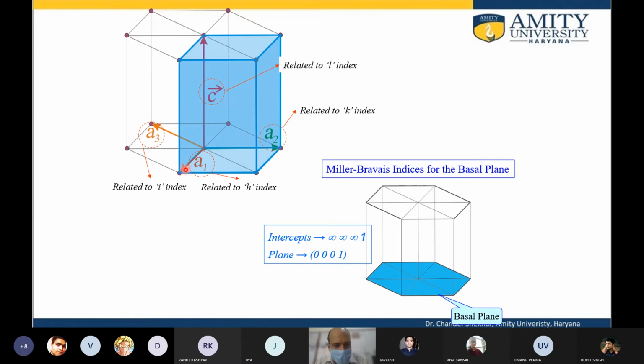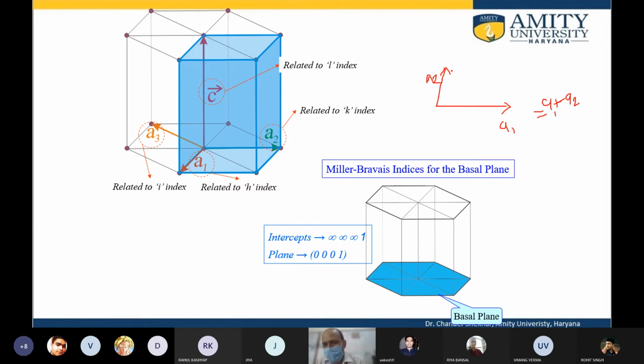We can see if we simply take the total sum of H and K, it is like vector addition, the parallelogram law of vector addition. So if I have two vectors, suppose A1 and A2, so A1 plus A2, this vector will be...